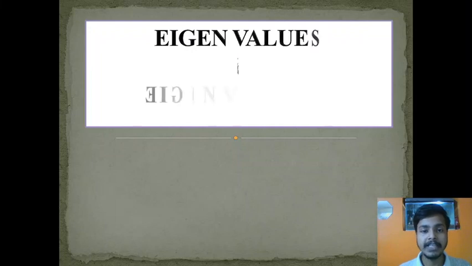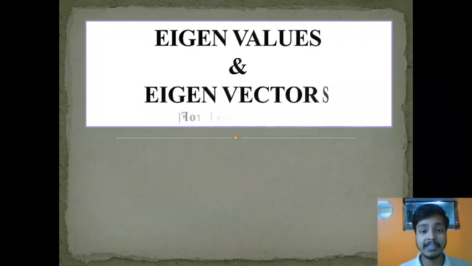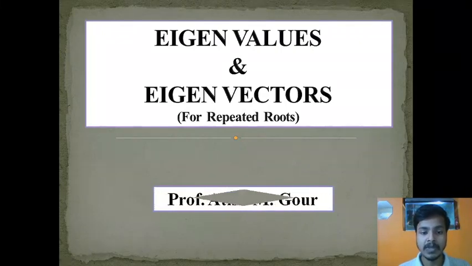In the last learning videos, we have seen how to find the eigenvalues and eigenvectors, the model matrix, and also the diagonal form of the given matrix for eigenvalues which are non-repeated. In this learning video, we'll see how to find the eigenvalues and eigenvectors for a matrix whose eigenvalues are repeated. All the definitions and the basic terminologies will remain as they are.